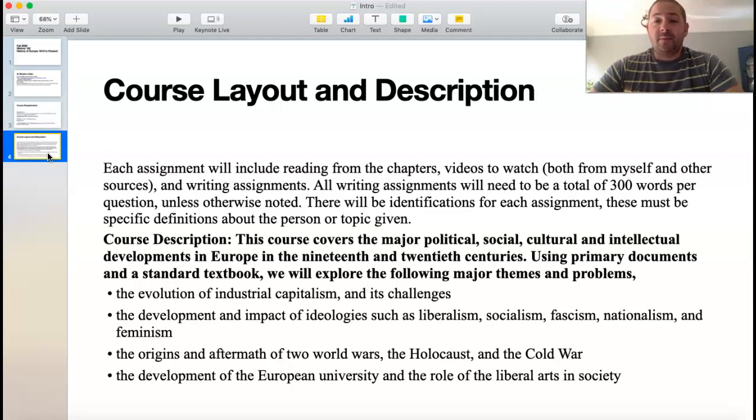Please make sure you have the textbook. Over the course of the semester, we will be looking at how Europe changes in the course of the late 1700s into the 1800s, and then finally into the 1900s. We'll be looking at what fundamentally impacts the development of Europe socially, politically, and economically, and we'll start with looking at what it is about Europe in the late 18th century that gives them that catapult that they may not have otherwise had.